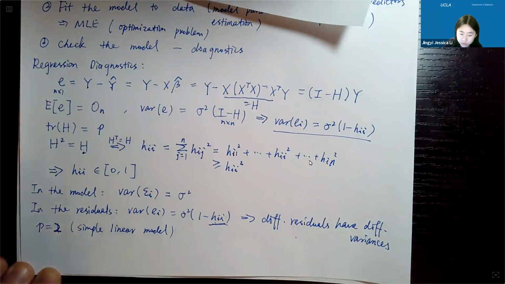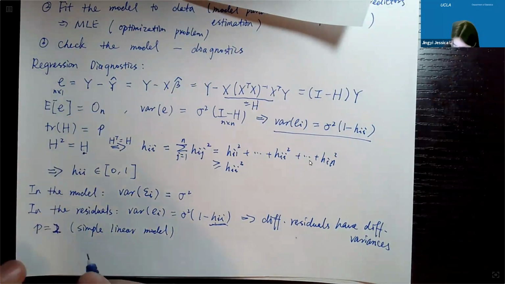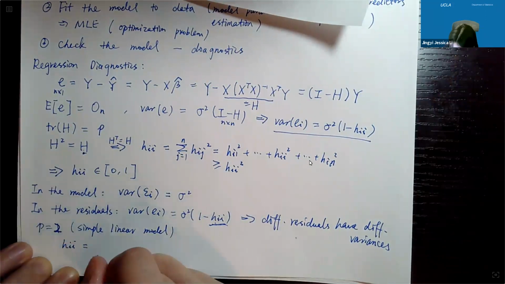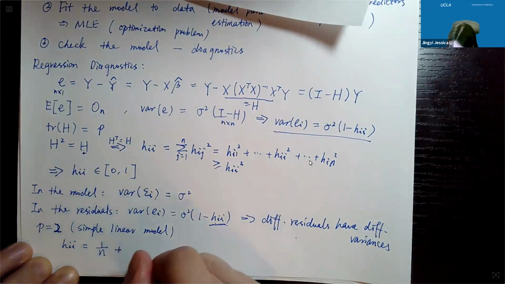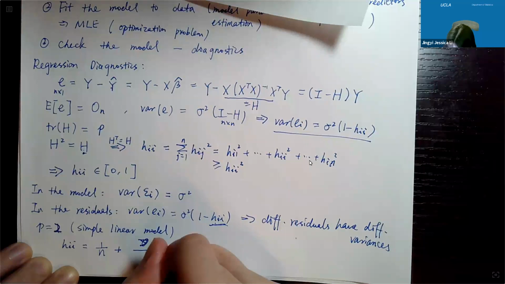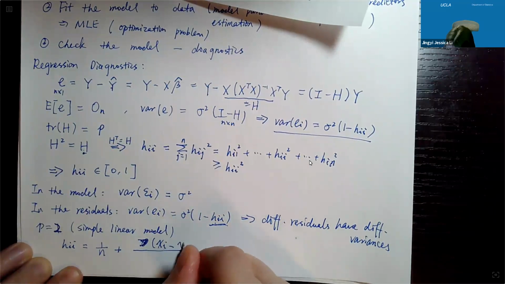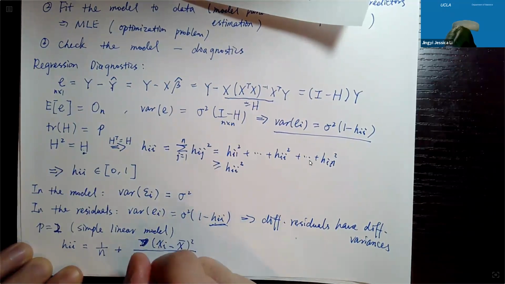It's still an n by n matrix. Since P equals 2, we can easily write it out, and we can show that H_ii has this special form: 1 over n plus (x_i minus x bar) squared over the summation,